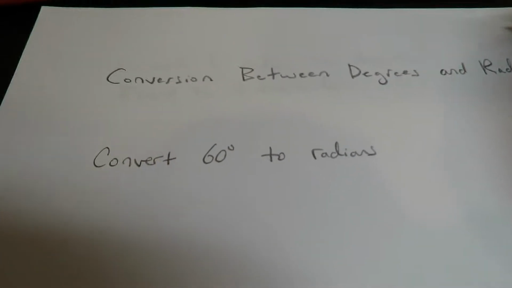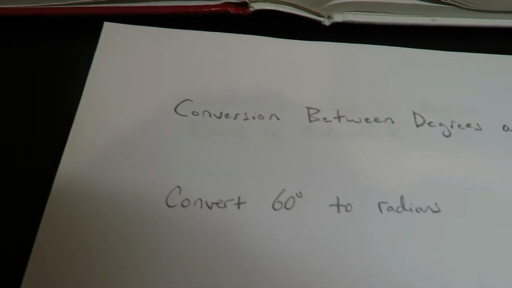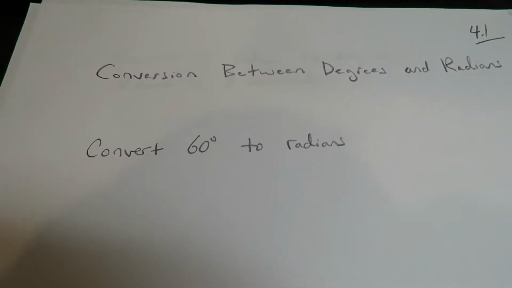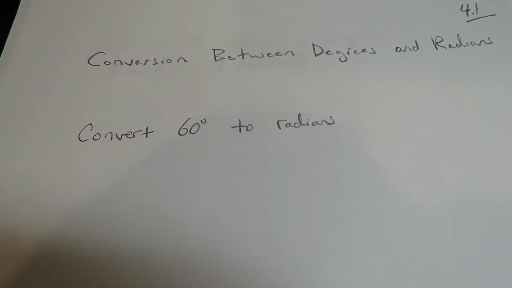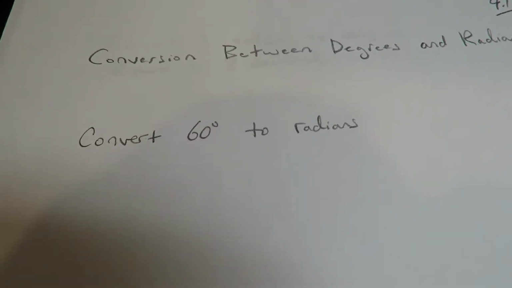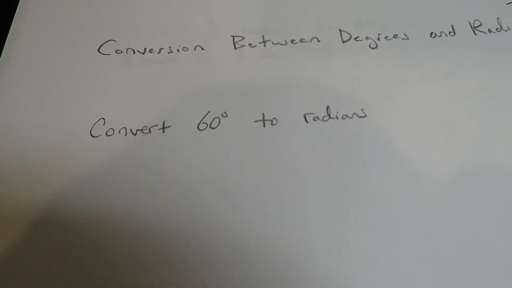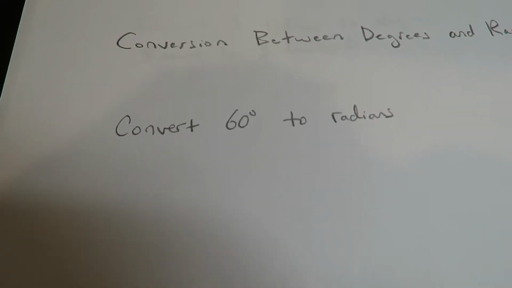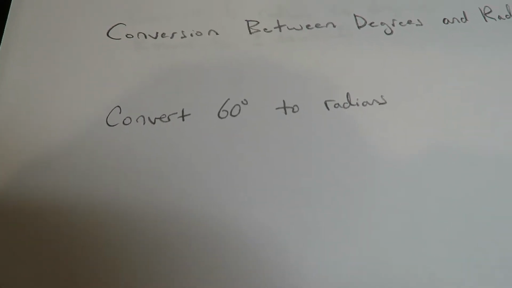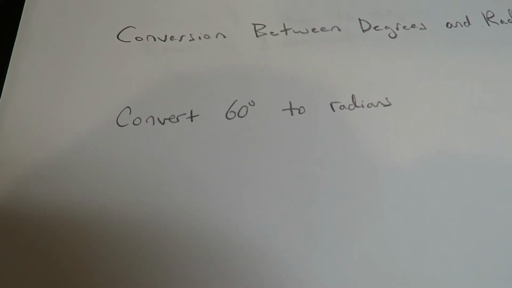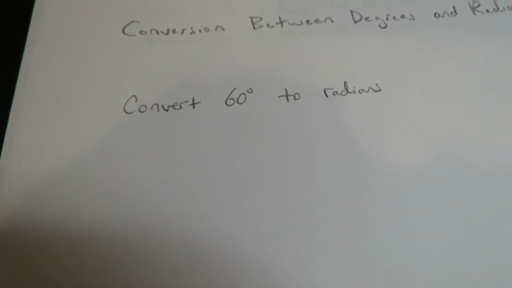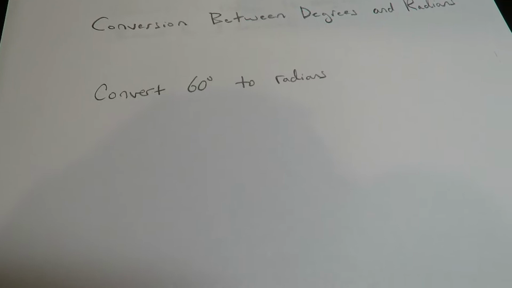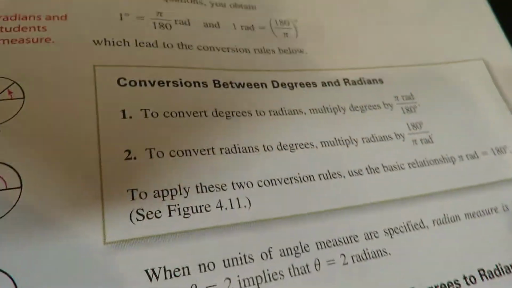Hi Pre-Calc, this is still 4.1. We're going to talk about how to convert between degrees and radians, so going from degrees to radians or radians to degrees, either way. It's similar to, I believe it's called dimensional analysis in chemistry when you're converting units. Same concept. I'll just keep it basic just so you get it, but the general idea, it's in your book